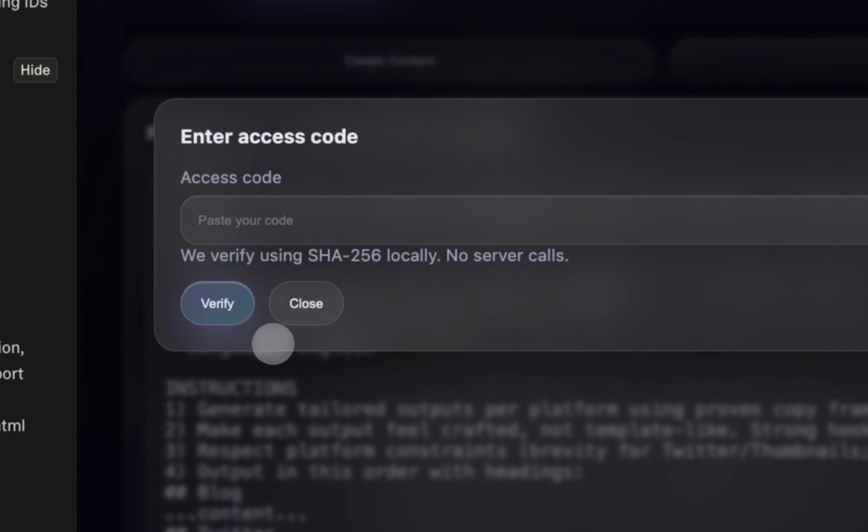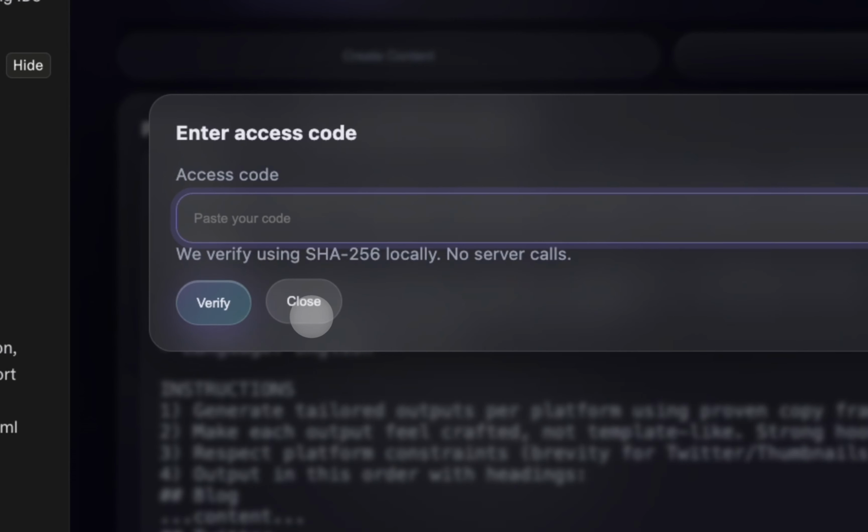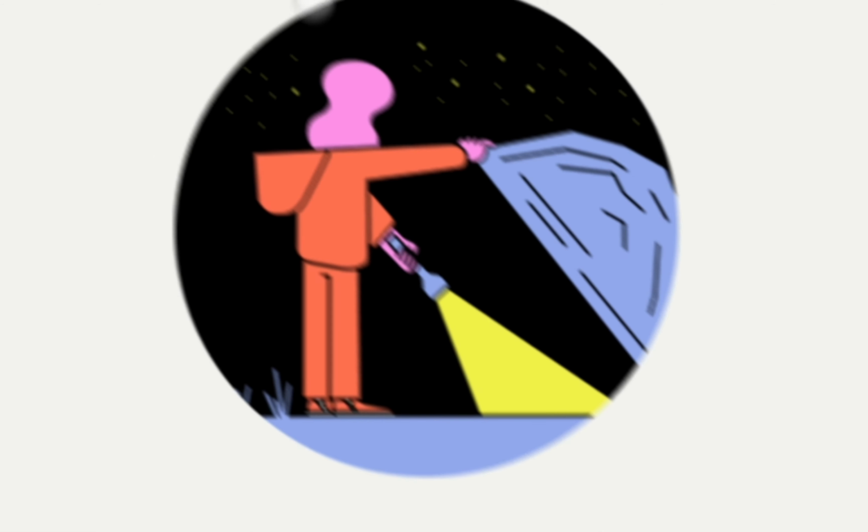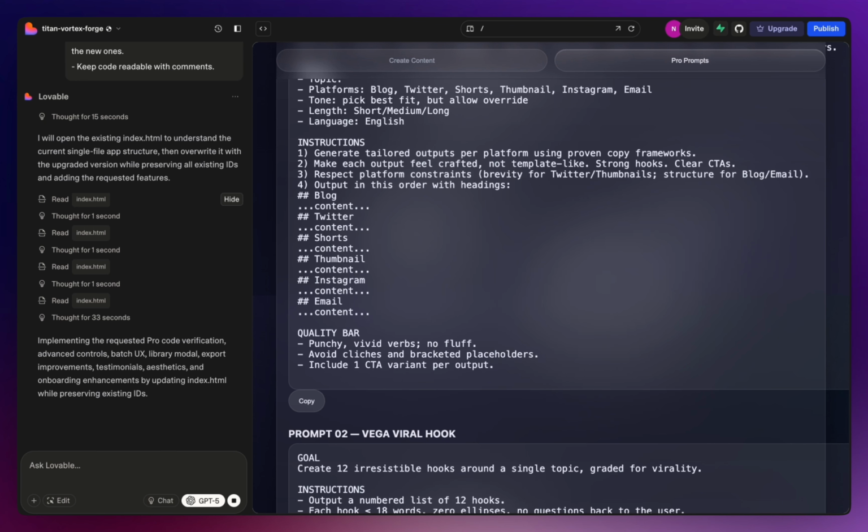Have the access code, you click that. As you can see, that's your access code. So it's really cool. So let's say we wanted to go pro. Of course, that doesn't give us anything. Prompt 2, that shot,